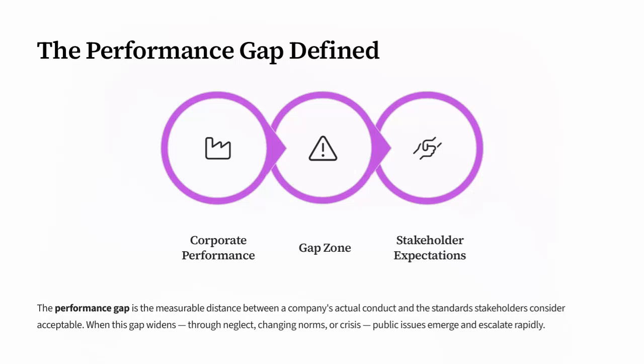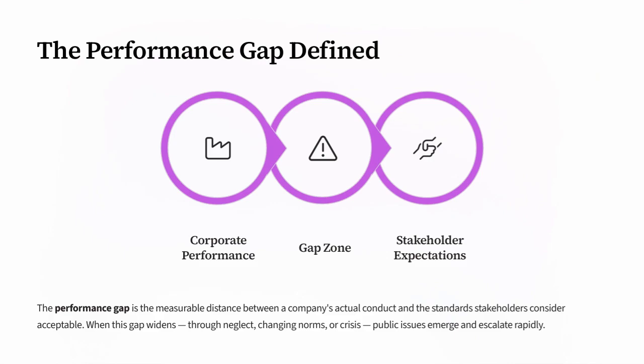This slide defines a performance gap as the space between what stakeholders expect and how a company actually behaves. On one side are standards shaped by customers, employees, investors, regulators, and the broader public. On the other is corporate performance, meaning the company's conduct and practice. The gap becomes a risk zone when those two realities move apart. That distance can grow because of neglect, changing social norms, or a crisis, and once it widens, public issues can